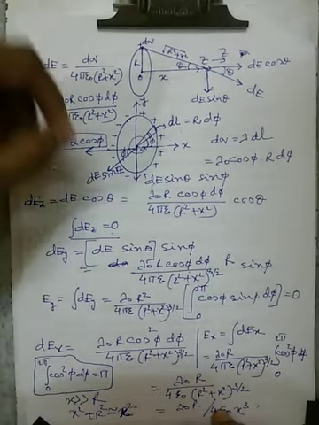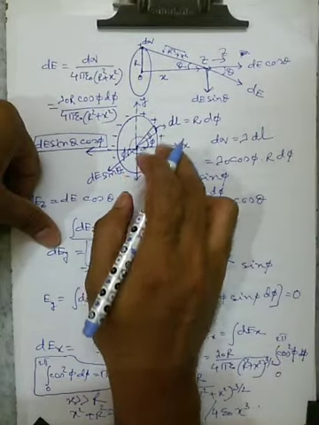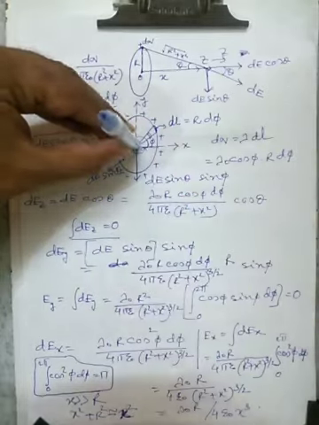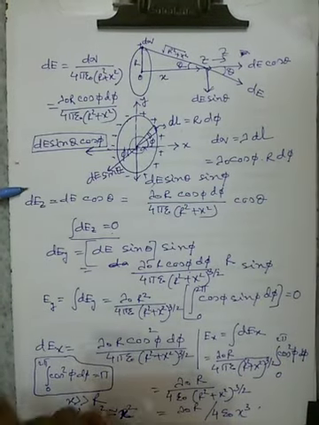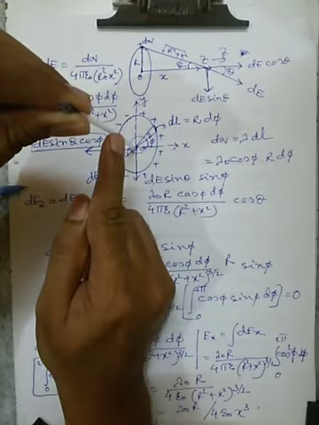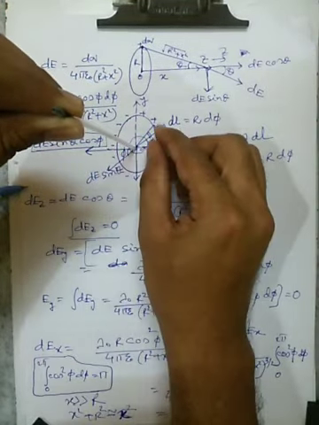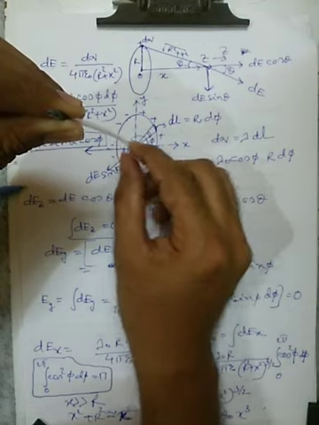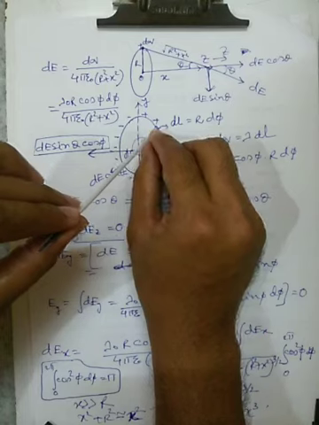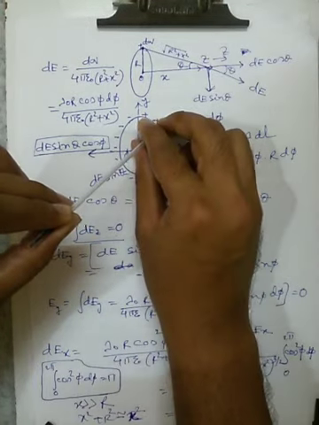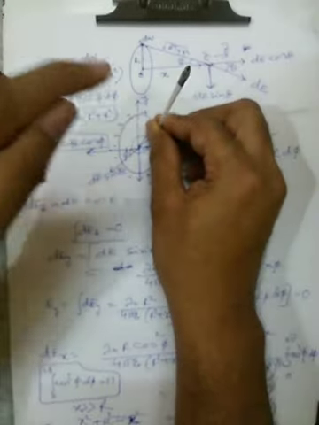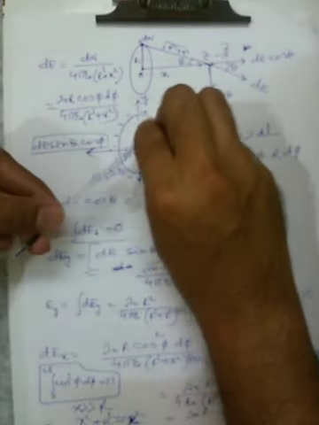Remember this, try to understand this. If the charge distribution is such that the total charge is 0, then the electric field along this direction is 0. And finally, once again, if this is the point where we have to find the electric field, then due to this charge, the electric field at this point is directed away from the charge, like this. Now it has two components. One is dE cos theta, along the z direction, and the other is dE sin theta.